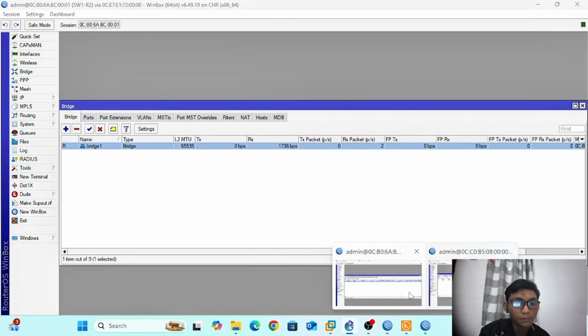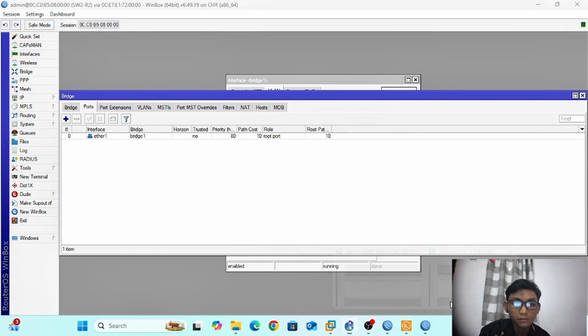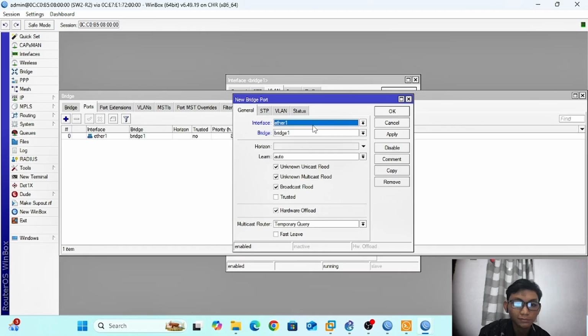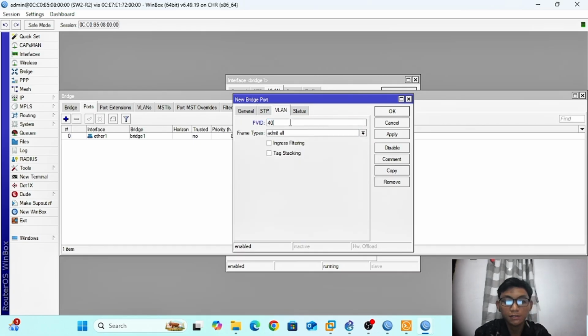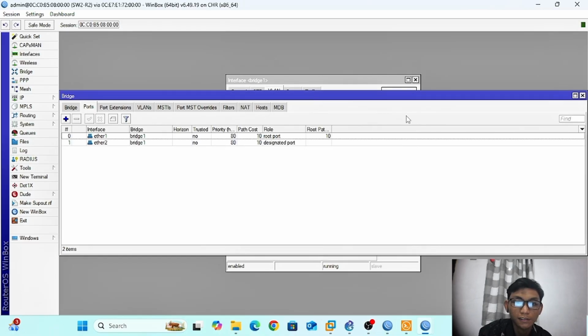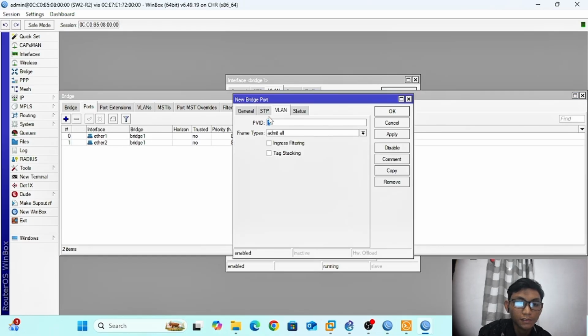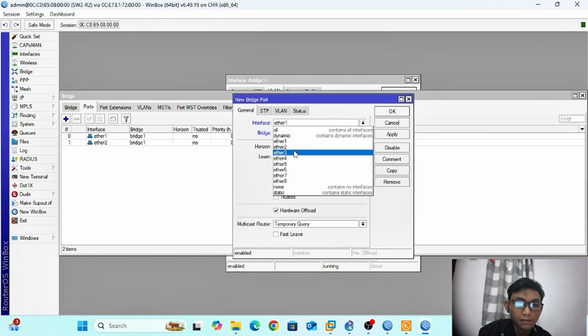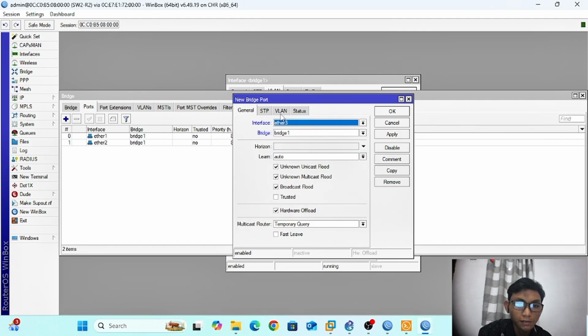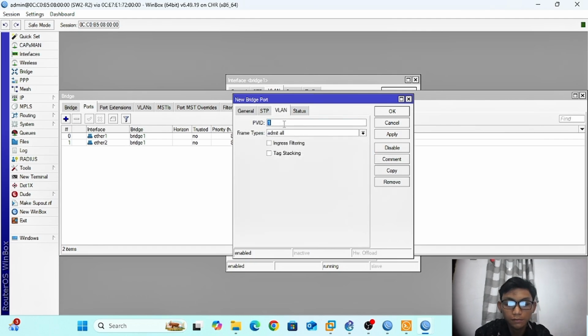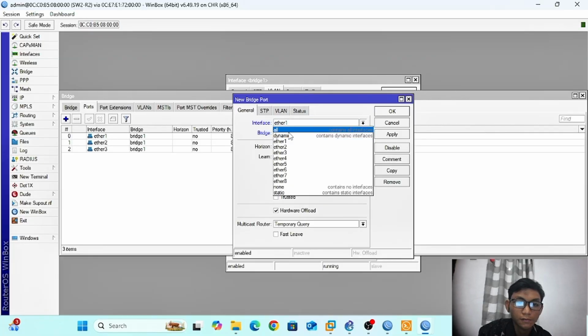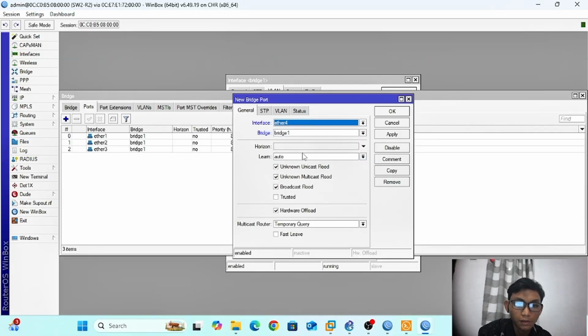Banyak juga ya. Ether 2 VLAN, this is 40. Ether 3.